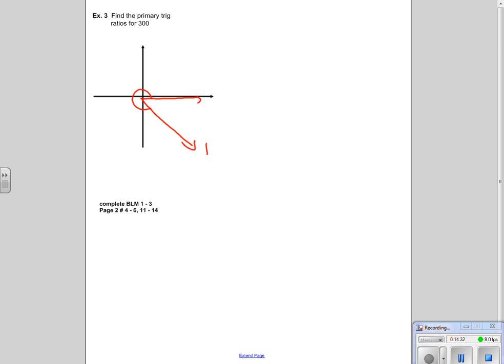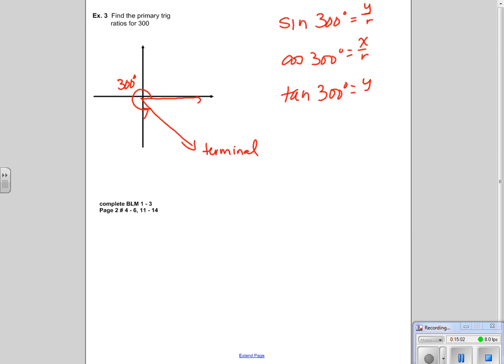So my terminal arm will be here. My terminal arm, oops, let's put our theta on there. Our angle of rotation is 300 degrees. I want to know sine 300, cos 300, tan 300. And I am looking for y over r, x over r, and y over x. To find a point that that rotates through, I am going to use what I know,